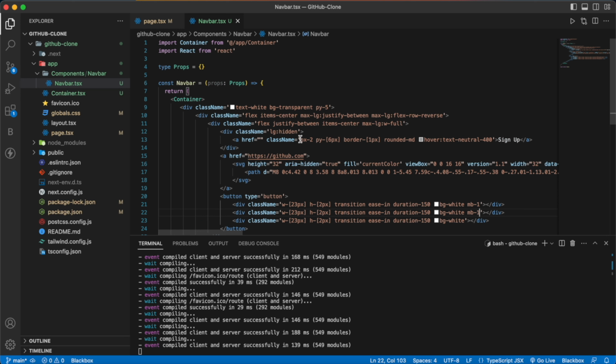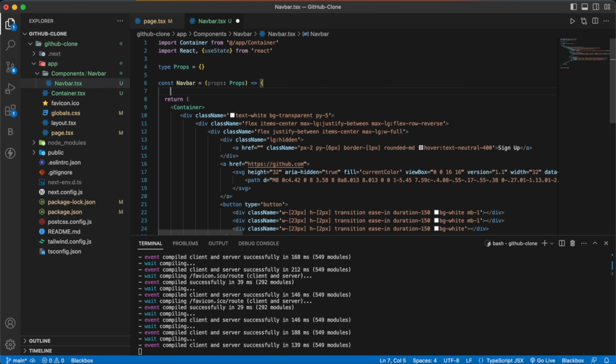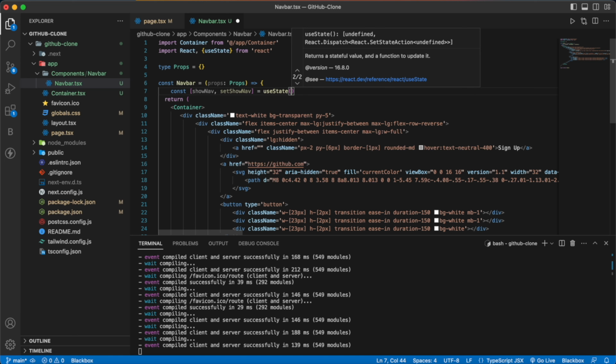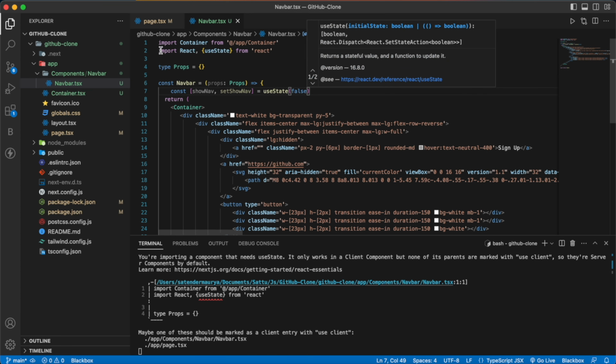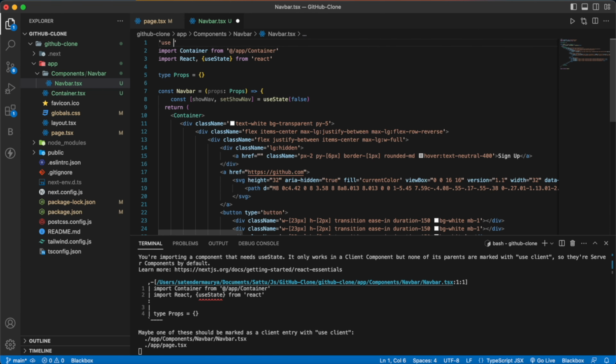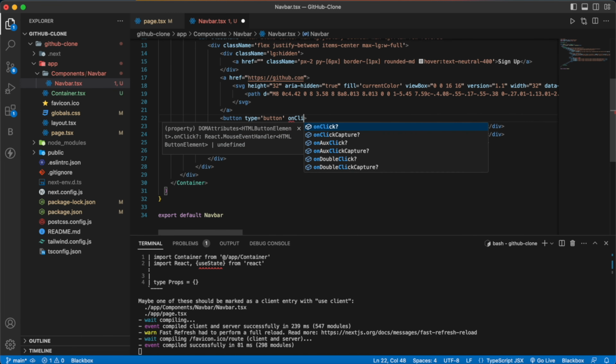So go above and import the useState hook, and inside the function we are going to define a useState, which is showName, setShowName. It will be of type boolean, so I'm going to give an initial value of false, and we also have to make this a client component. Now inside the button we are going to define the onClick function,